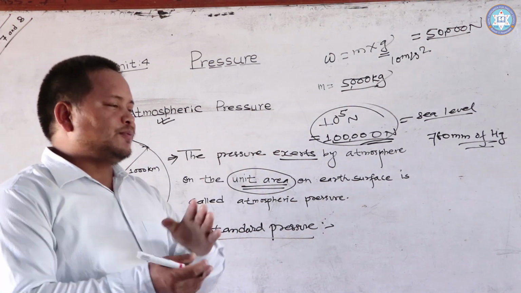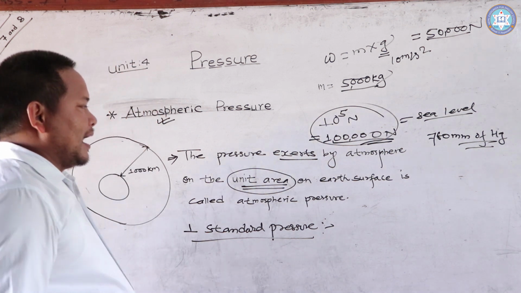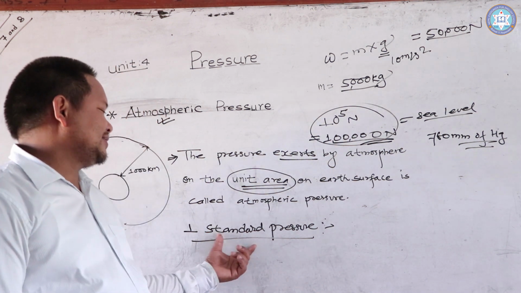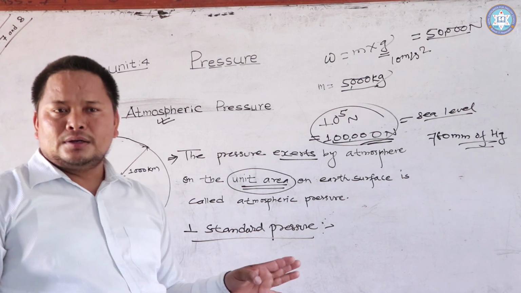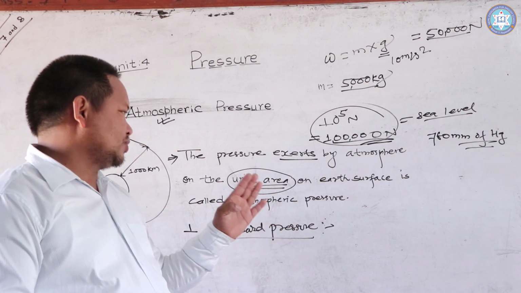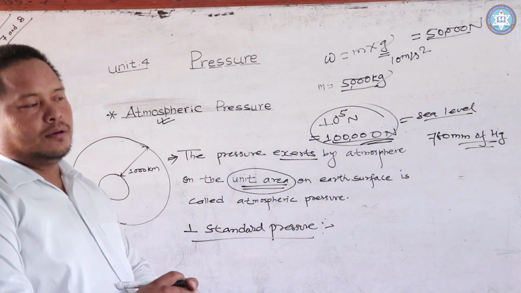This value, 760 mm of Hg, is the standard pressure, which is not found everywhere. We can only get such a value at sea level, but